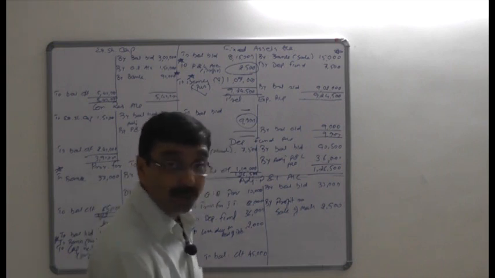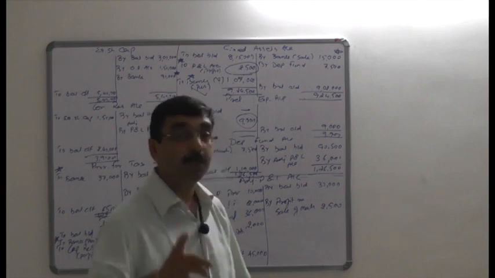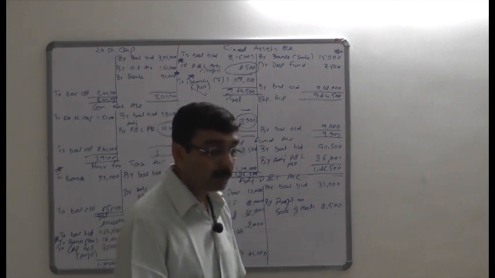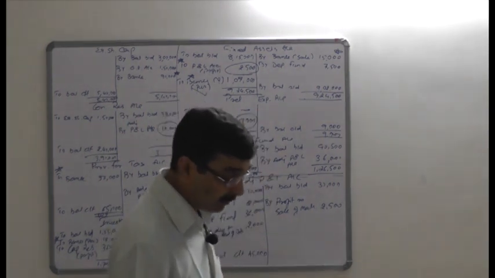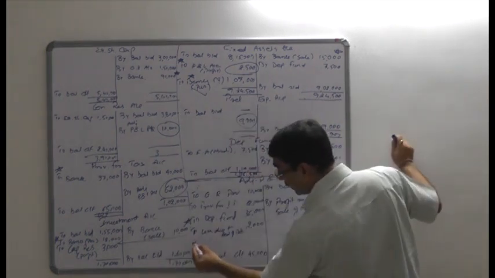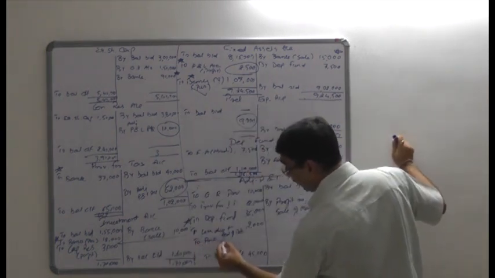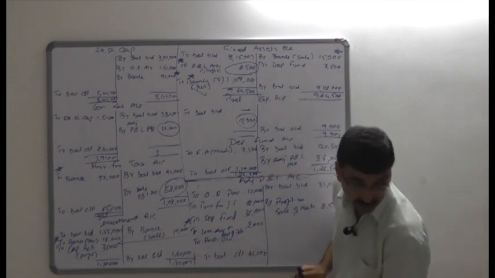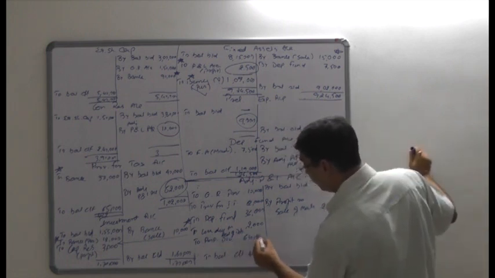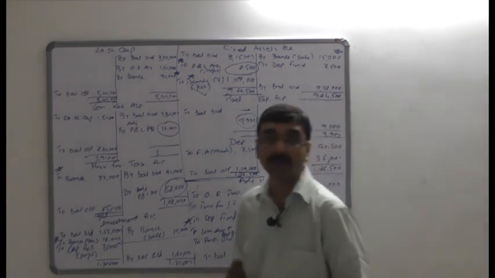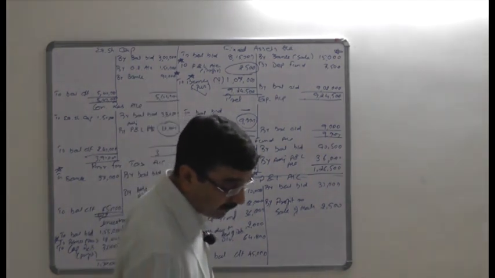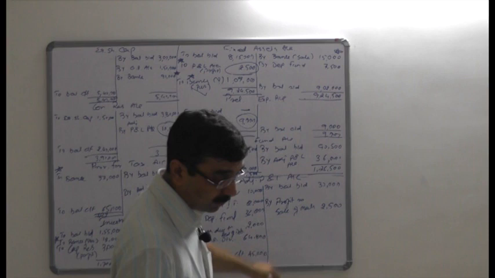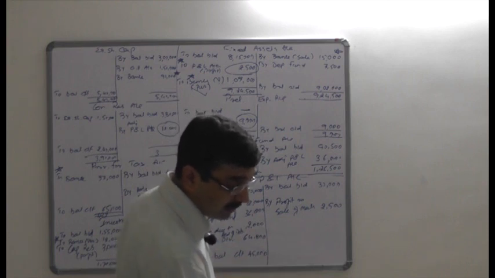Debenture, the debenture loss and redemption premium are already considered here. Proposed dividend. Last year's proposed dividend is always paid, so that would be recorded in the fund flow statement. But current year's proposed dividend is only proposed, that's why it's recorded here. Proposed dividend of rupees 64,800 will be recorded as a provision for dividend. Next is provision for taxation, which is done. Depreciation fund is already recorded. Creditors, outstanding expenses and bills payable are already recorded in the working capital statement. Now